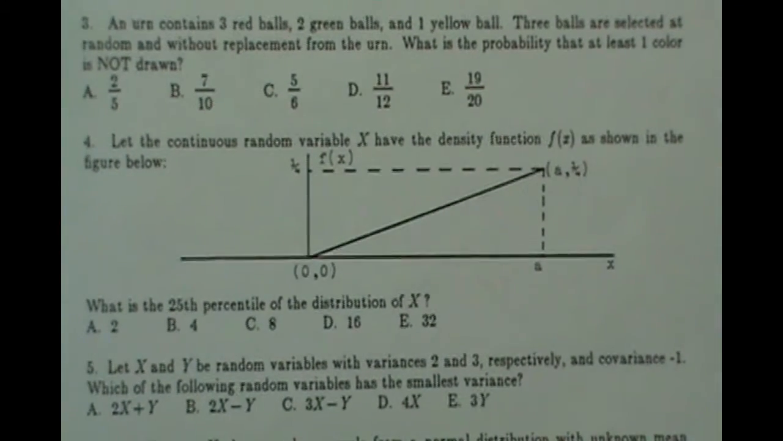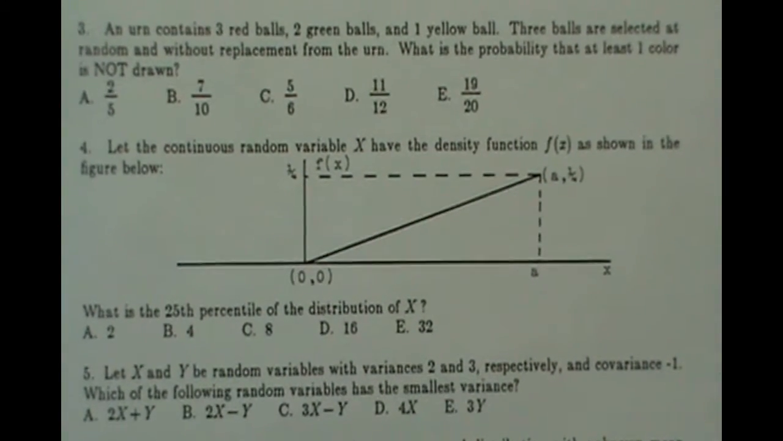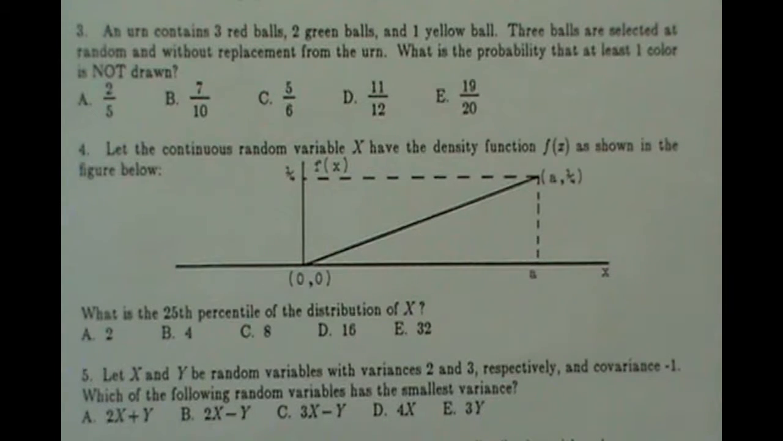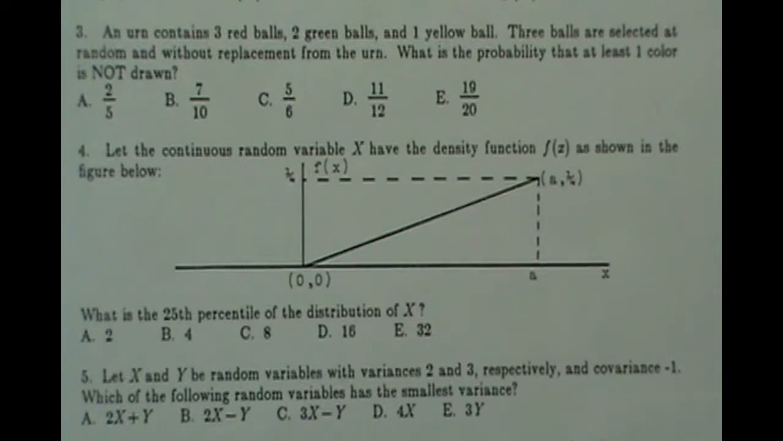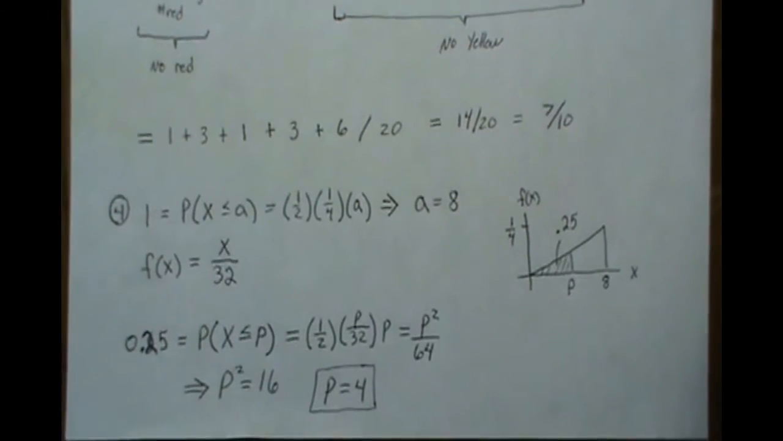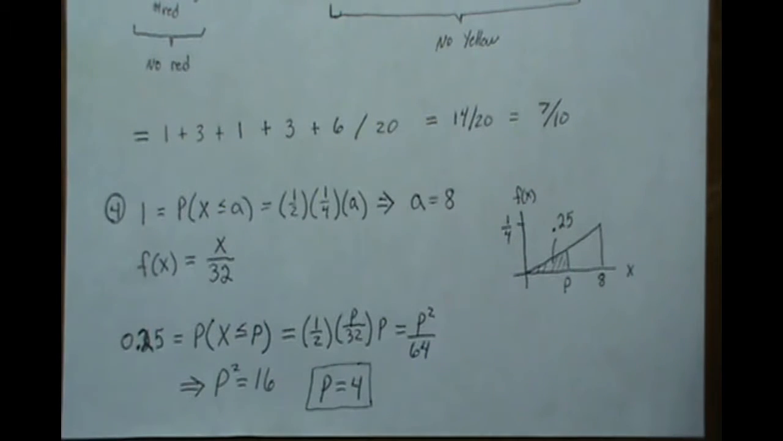Question number 4. Let the continuous random variable x have the density function f of x as shown in the figure below. What is the 25th percentile of the distribution of x? Now number 4, we want to find the 25th percentile. So if this is our distribution, we want to find p such that this area is 0.25. But first of all, we have to choose this value. And so this area has to be